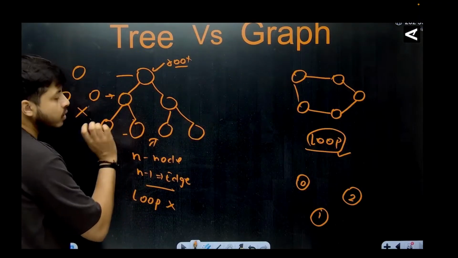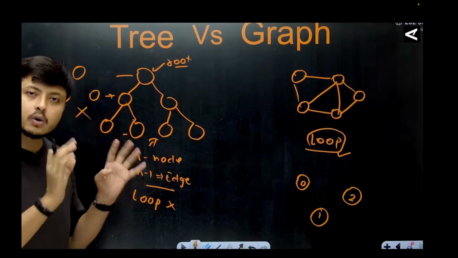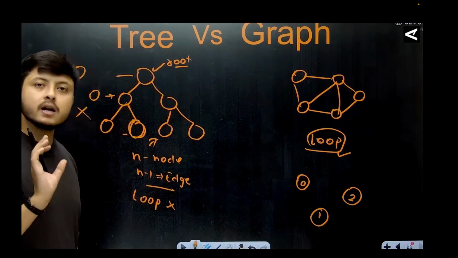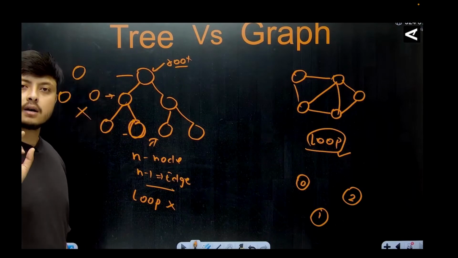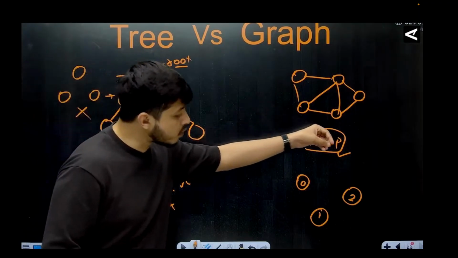ट्री में एक चाइल्ड का एक ही पेरेंट हो सकता है। यहाँ कोई ऐसा रूल नहीं है, पेरेंट चाइल्ड कितने भी हो सकते हैं किसी के। एक के 2 3 पेरेंट हो गए, एक के 2 3 चाइल्ड हो गए, ऐसा कोई रूल नहीं है। ट्री में एक नोड का सिर्फ एक पेरेंट होता है, यहाँ नहीं है। एक नोड के कितने भी पेरेंट हो सकते हैं, एक हो सकता है, 2 हो सकता है, 3 हो सकता है, एक भी नहीं हो सकता, ये भी पॉसिबल। लेकिन ट्री के केस में वो पॉसिबल नहीं है। ट्री कहता है कि हर नोड का एक ही पेरेंट होगा, सिर्फ रूट नोड छोड़ के। यहाँ ऐसी कोई बाउंडेशन नहीं।